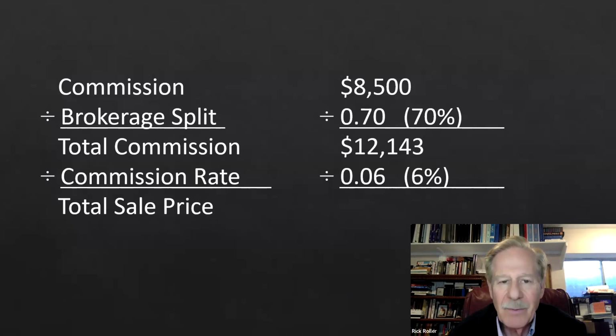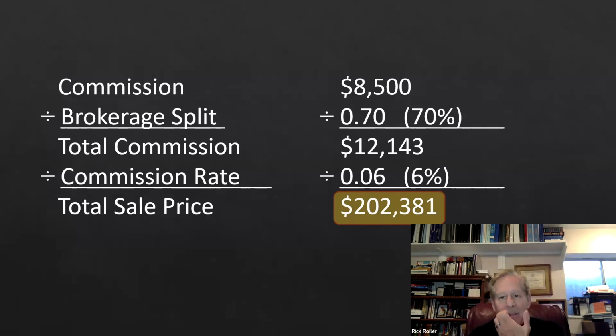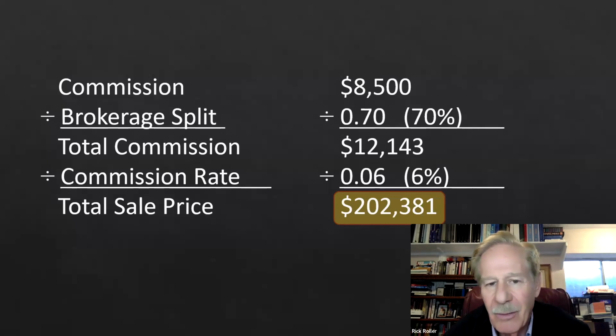So that's 6% divided into the 12,143. The sales price is 202,381. Kind of an unusual sales price, but hey, I guess the guy was a very meticulous negotiator. Now you could check this by going backwards. You could take the 202,381, multiply it by 6, that'll give you 12,143. Multiply that by 70%, your share, 85, and you could check your answer that way too